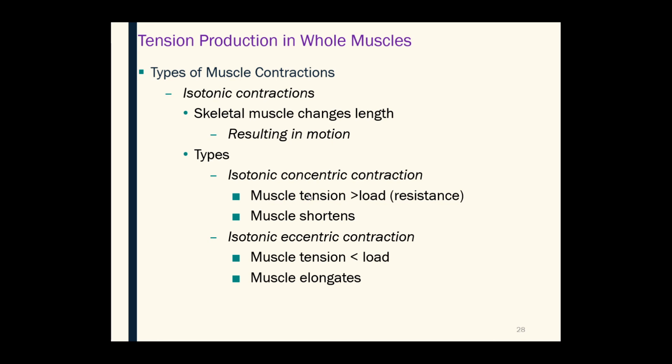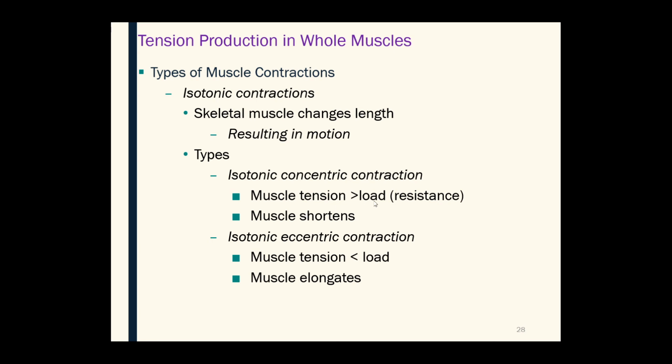It turns out there's two types. So there's an isotonic concentric contraction. This is where the muscle tension, the amount of force that we generate in the muscle, is more than what you're trying to lift, which is known as the resistance or the load,